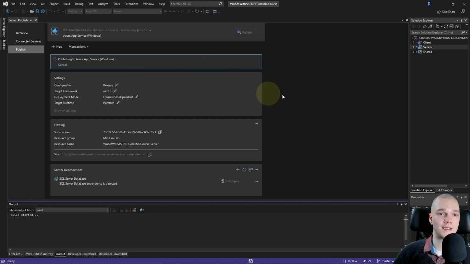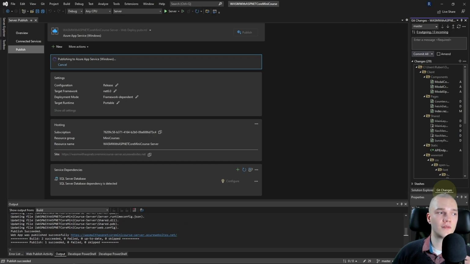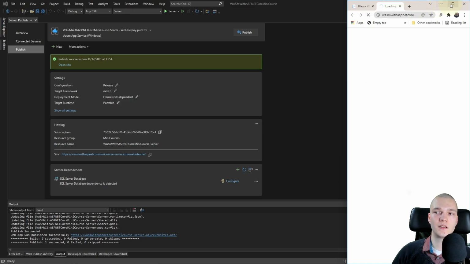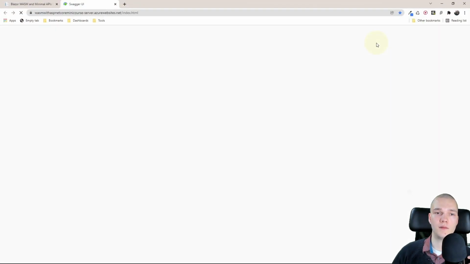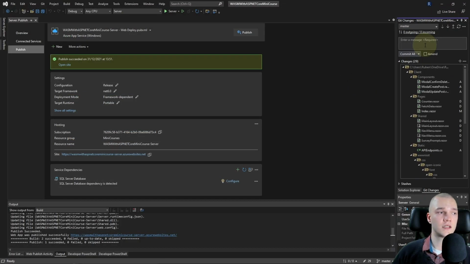We'll set up a simple continuous integration / continuous delivery pipeline that uses GitHub Actions, and we already have a GitHub repository, but I want to commit all the changes we have up until now. So I'll just go to git changes. Okay, and the server publish is done now. Alright, so git changes, and I'll just stage all.